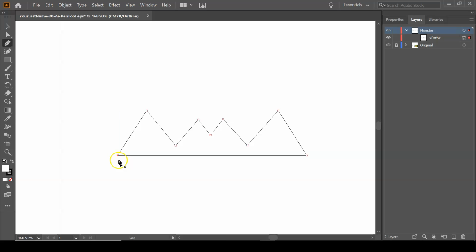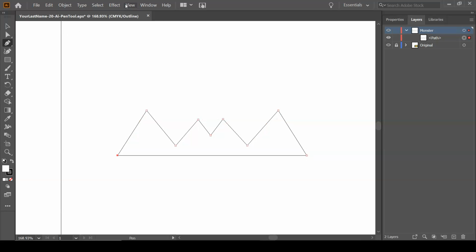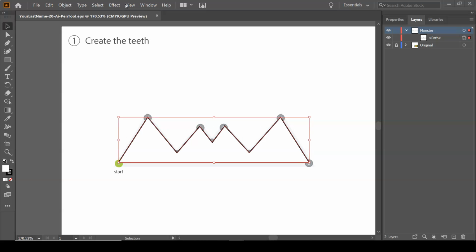I only have one anchor point selected right now. You'll see that one's solid. I'll go back to my preview mode. That's Control Y on a PC, Command Y on a Mac, and that will toggle between outline view and preview mode. To change the color of the teeth, we can go to the Properties panel,